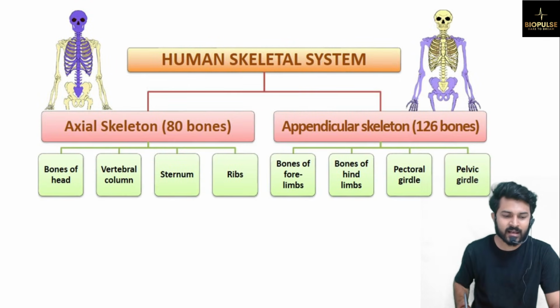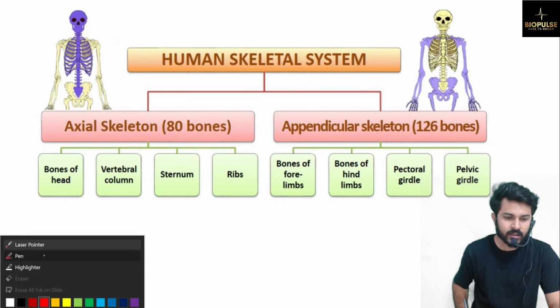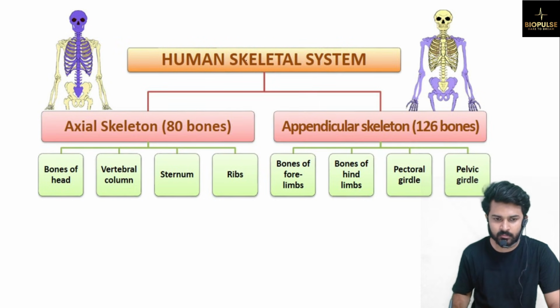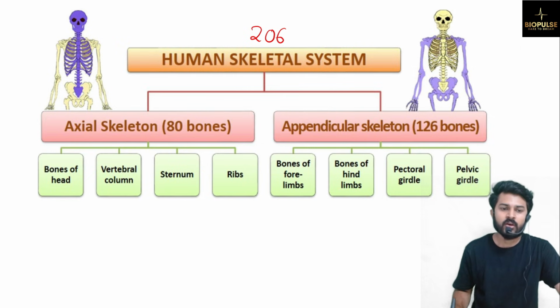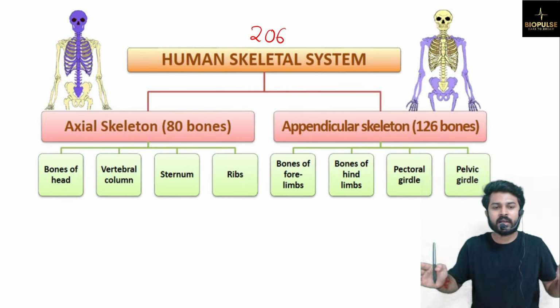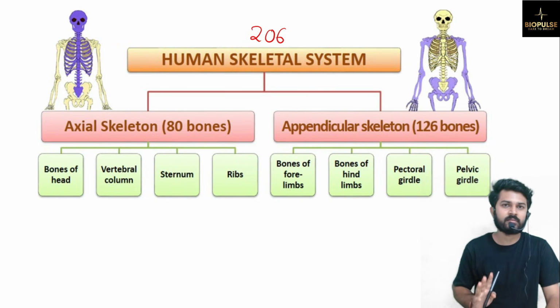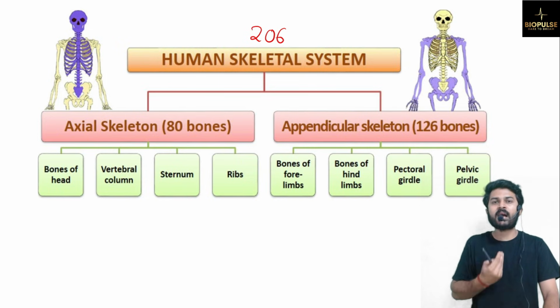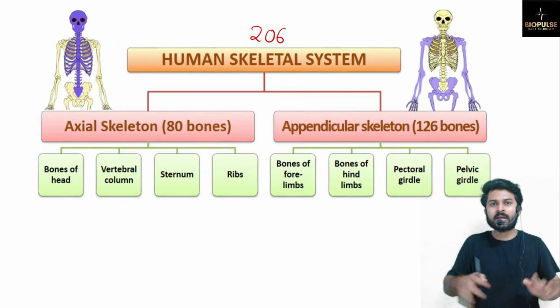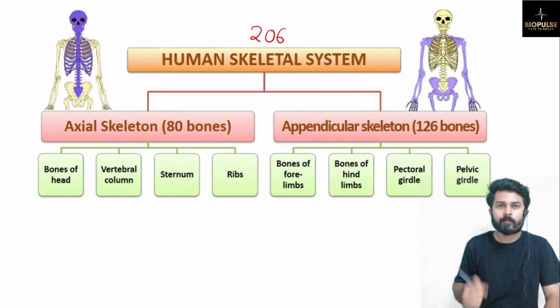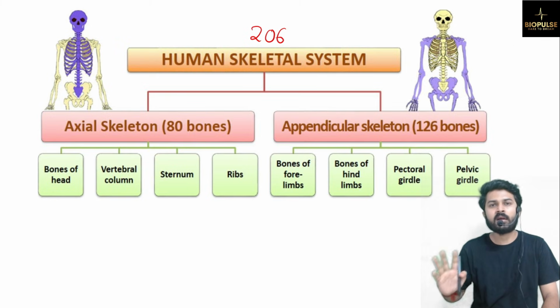Now in the human skeletal system, first of all we need to know how many bones are present in the human skeletal system. So first of all, 206 bones are present. 206 bones are present in the human endoskeleton. We have divided the human skeletal system into two parts. If you see, on one axis I have a few bones, and on the other side of the axis I have a few other bones. So based on that I have separated our whole endoskeleton into axial skeleton and appendicular skeleton.